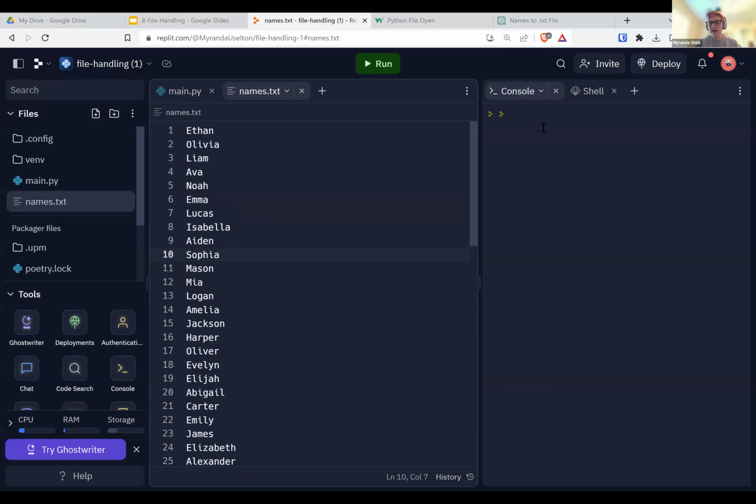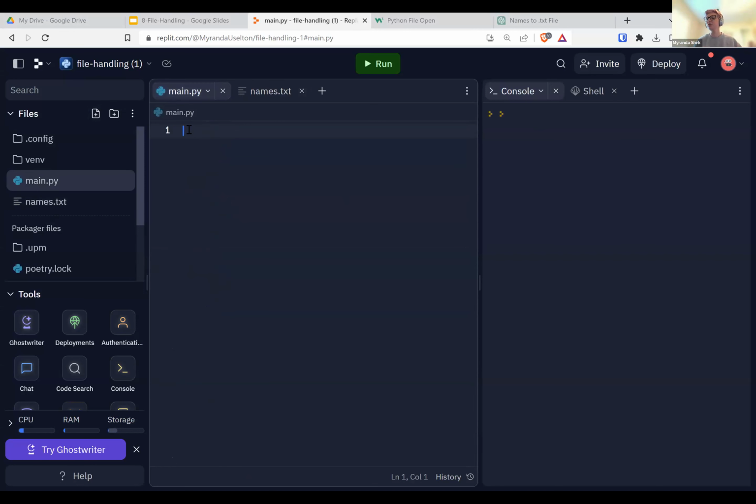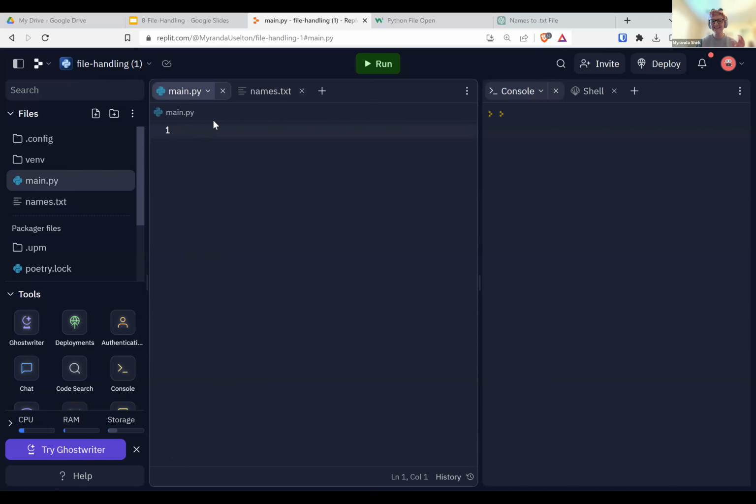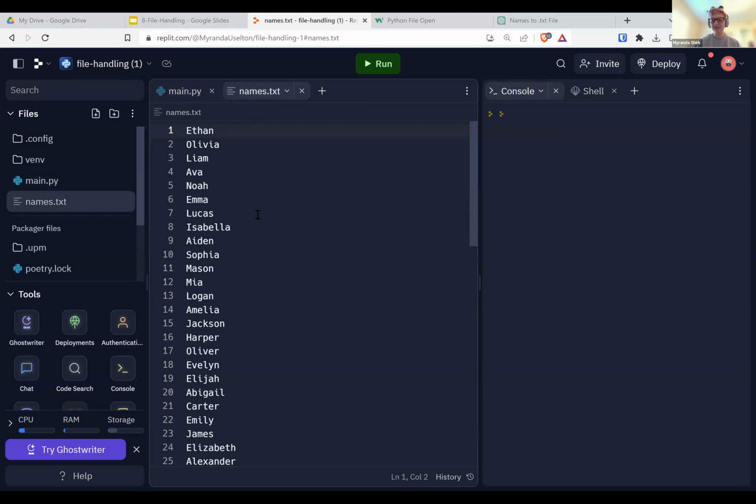So in my case, I went ahead and pre-prepared this file. It's called names.txt. So this is a list of names. We could imagine that maybe this is a list of names of students. Maybe because I am a teacher, I am teaching a class, and that's the list of names for the students in my class. This is imaginary because I didn't want to put anyone's actual names of my students on the internet. So this is fictional, but we can imagine we have a list of 50 names. So now let's see what we can do.